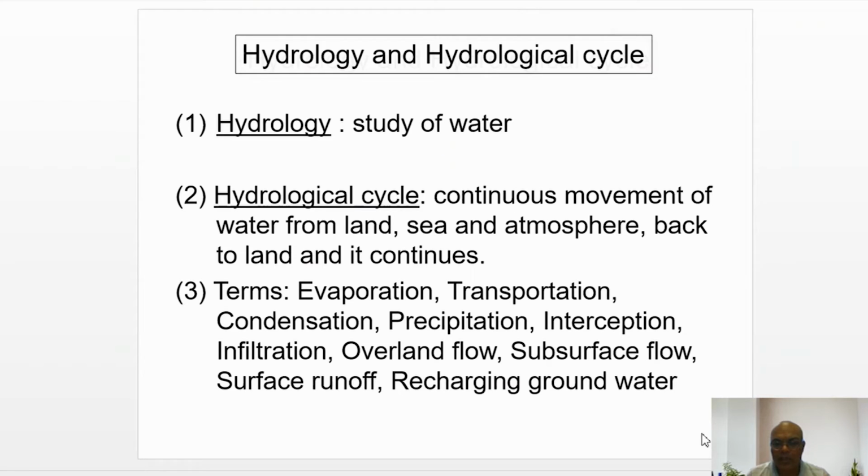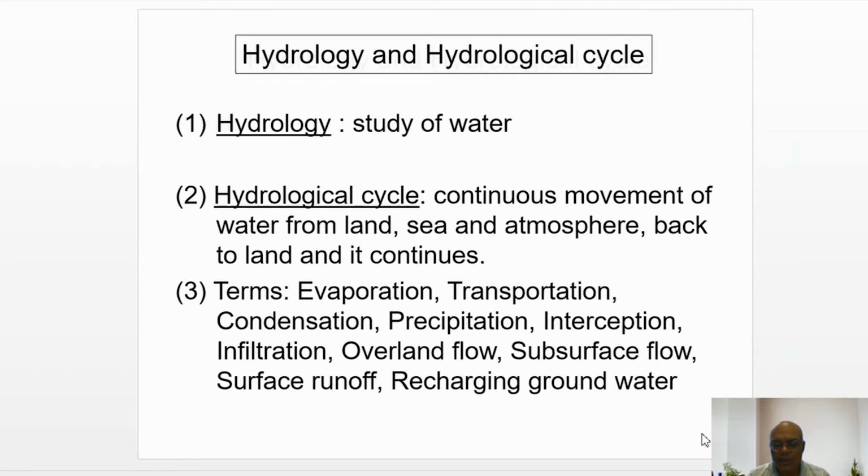So the important terms of the hydrological cycle are evaporation, transportation, condensation, precipitation, interception, infiltration, overland flow, subsurface flow, surface runoff, recharging, groundwater. So let's discuss briefly about these